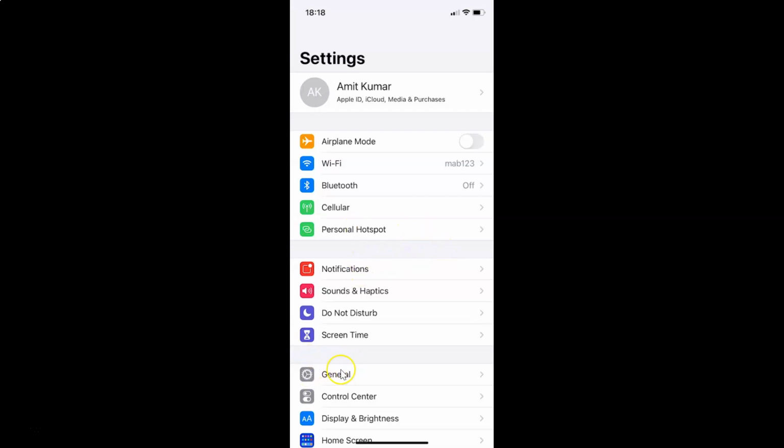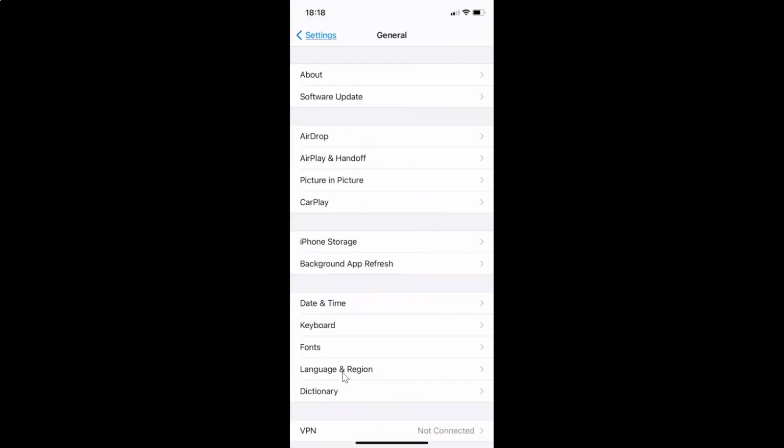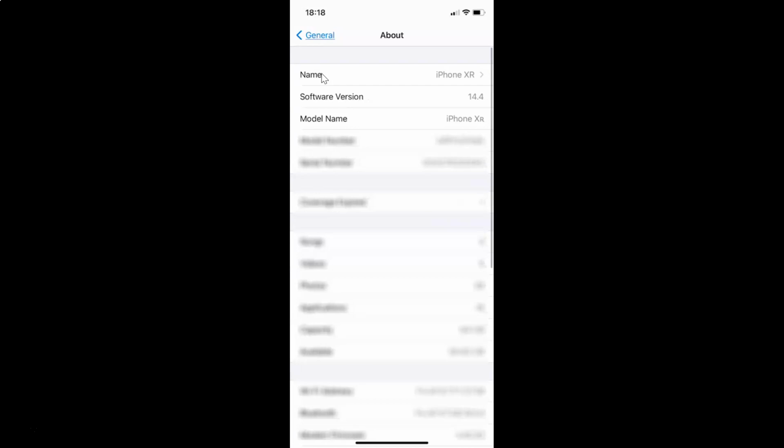So let me tap on this general, and then let me tap on this about, and you can see guys here I have this software version. You can see I have iOS version 14.4 installed on this iPhone 10R. So let me go back,